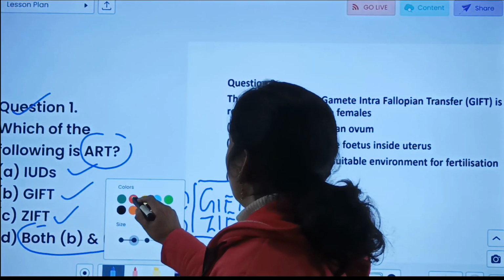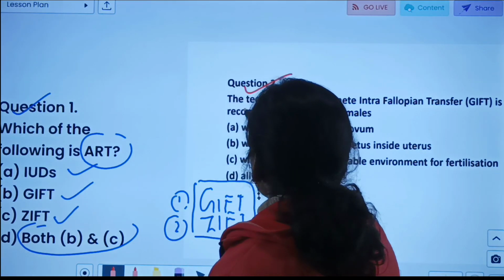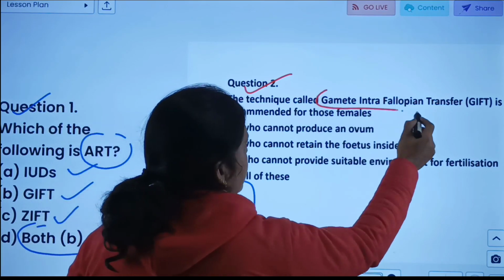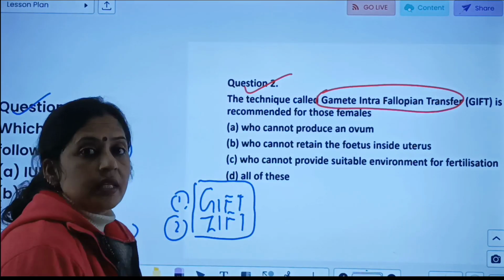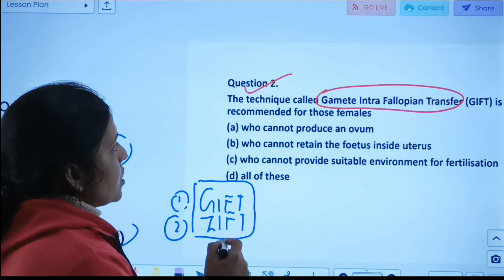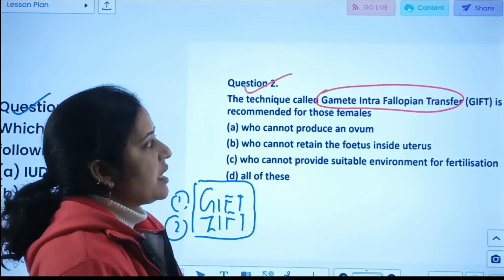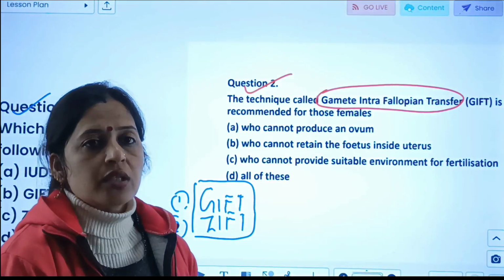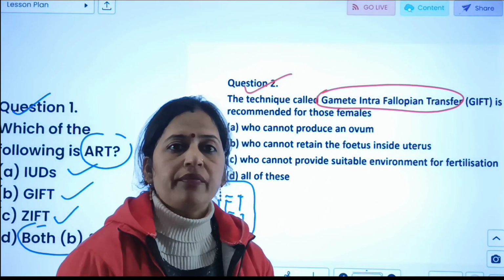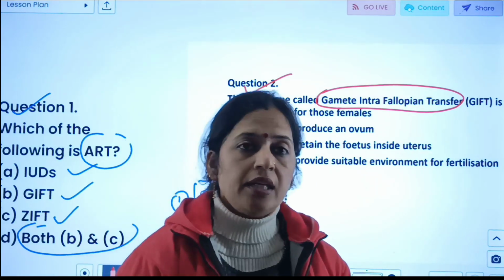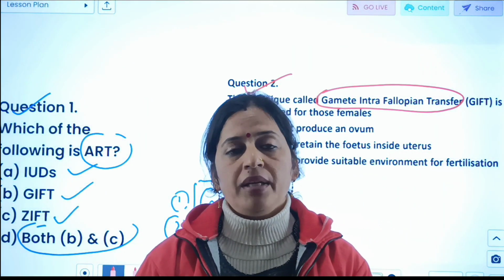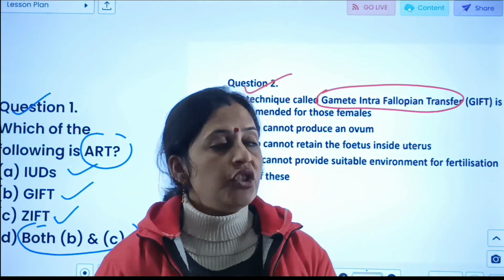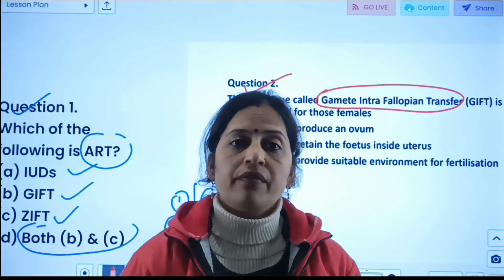Next is your question number 2. The technique called gamete intrafallopian transfer, that is GIFT, is recommended for those females. तो जो ये टेक्निक है gamete intrafallopian transfer की, ये टेक्निक जो है वो उन फीमेल्स के लिए एप्लीकेबल है। वो कौन सी फीमेल्स हैं जिनके लिए स्पेशली ये टेक्निक जो है GIFT की, दैट इज गैमीट इंट्राफैलोपियन ट्रांसफर,